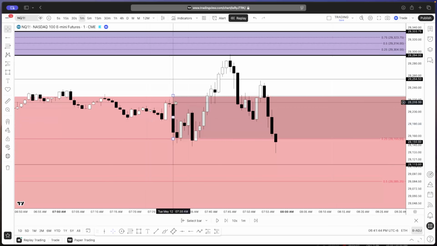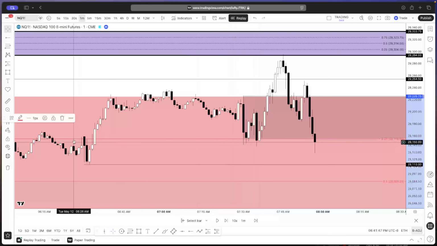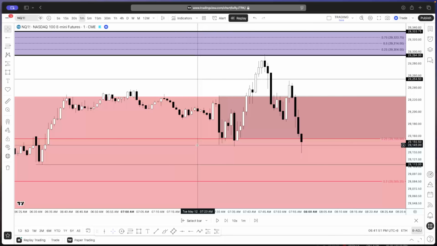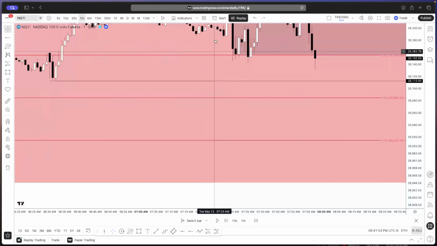So here we go. Market open. It fell down to the top level of the PDR. Okay. This is the daily PDR. The PDR is the levels inside of the daily fair value gap. Point A being the top, point B being the very bottom.